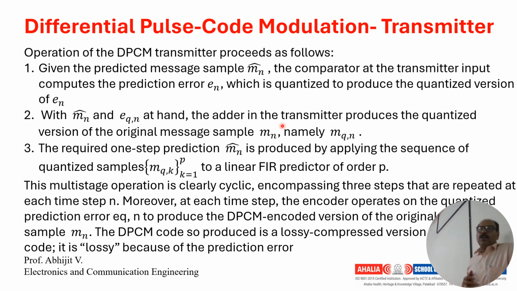So in the second step, what happens is that m tilde n, the predicted value, and e_q[n], the adder in the transmitter produces the quantized version of the original sample message Mn. Then we use this through a linear predictor,